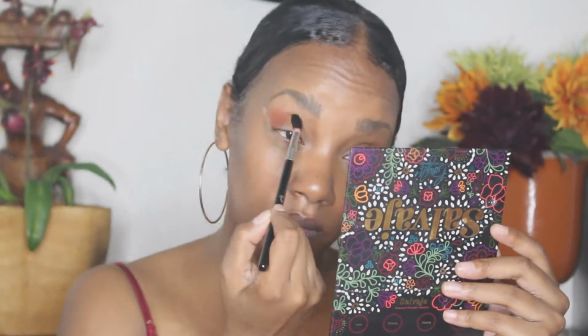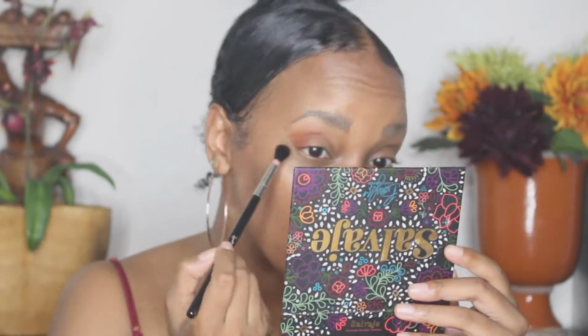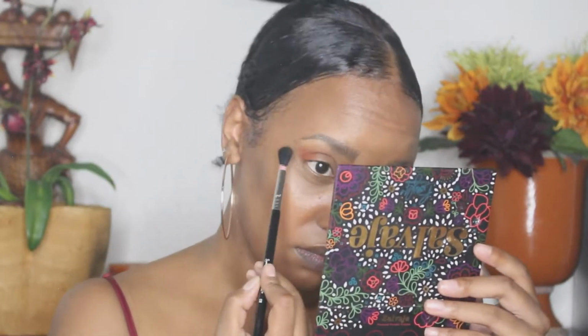With the color Fire packed on the outer third and stamped a little bit into my crease, I'm now picking up my Sigma E38 and going to start to blend and diffuse the edges a little bit. Blend it slightly inwards and diffuse the edges. With Fire placed in my crease and on the outer third of my lid and blended out just a bit,